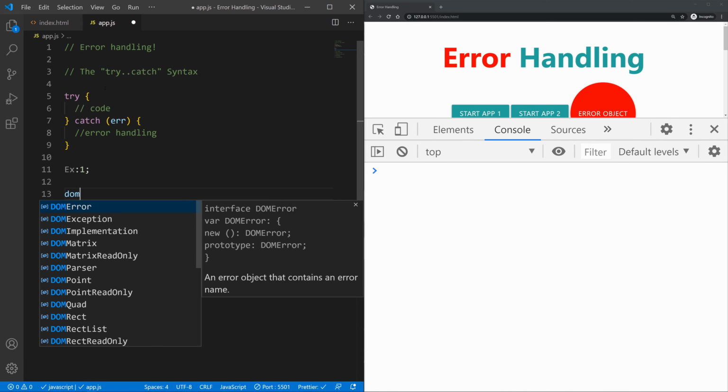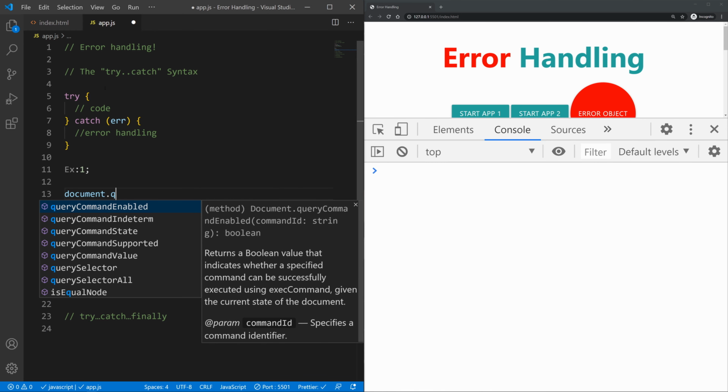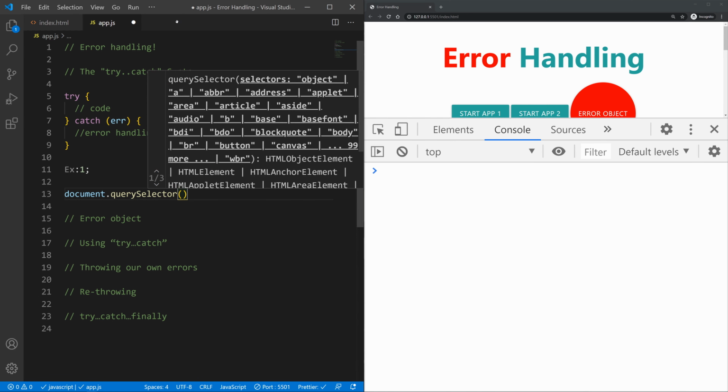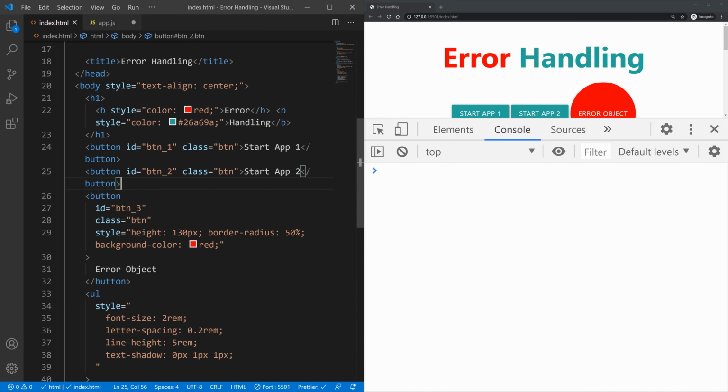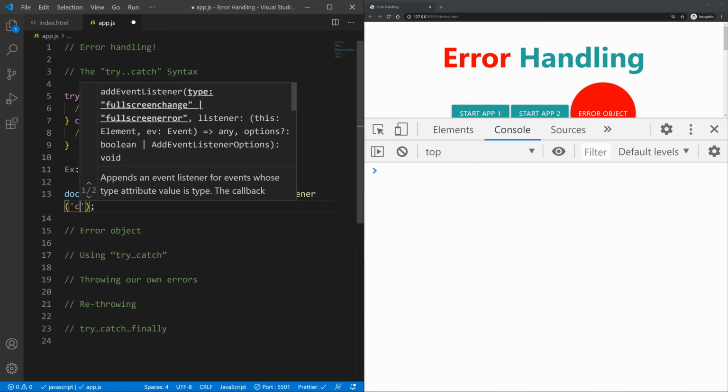So let's say document dot querySelector, and we will select, I think I gave it an ID of btn1. Let's copy this, let's use the hash CSS selector, and let's add an event listener to it for click,